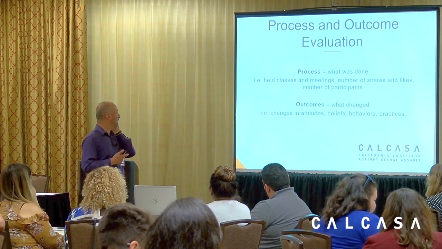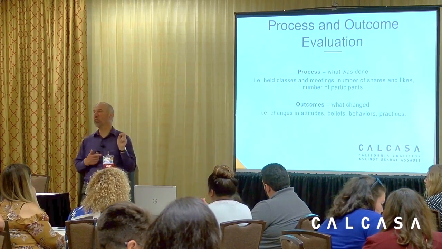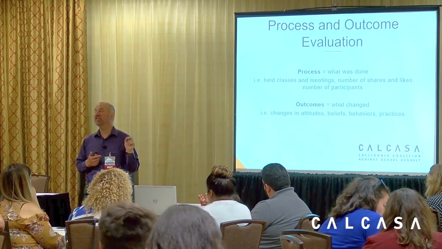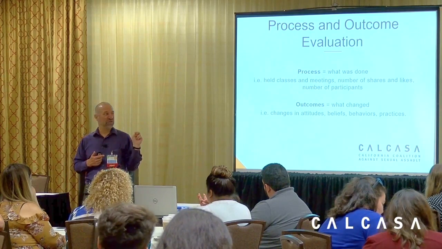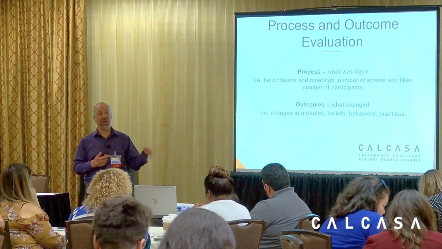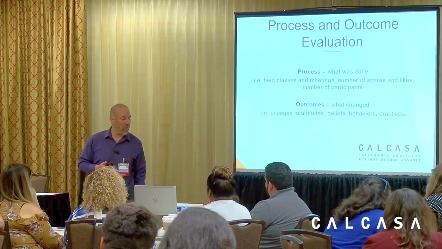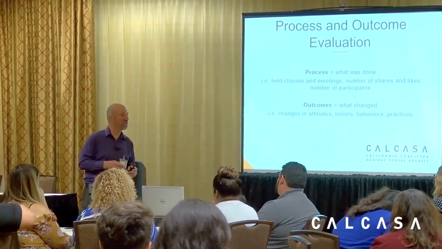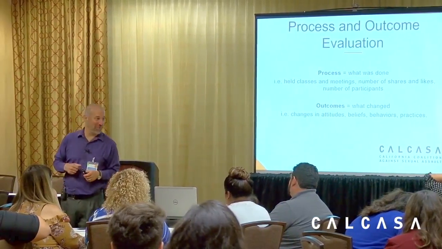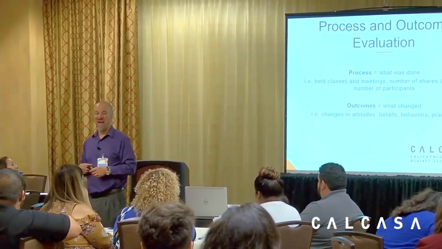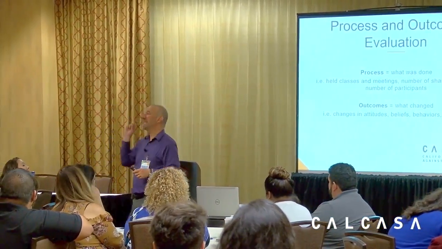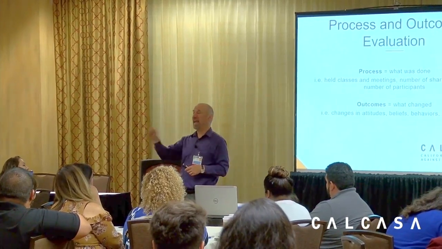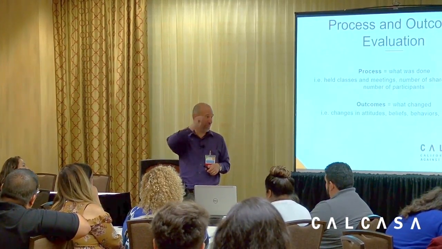And then outcomes is the piece that we also want to make sure we get, and that's what changed. So when we do something, how do we do it? I'll give an example of a failure that I had. This was many years ago, and I was going to fight for funding for a program. I came up with a media campaign to be able to get the funding, and my outcome was to get people to increase the funding on our program.